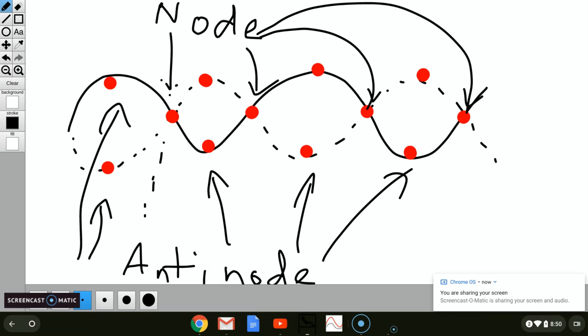And once you see them start to get reflected back, you'll see the standing wave pattern form, and then the antinodes and nodes will become very clear. You can change the number of nodes and antinodes by changing the frequency that you oscillate or send waves down. So if you do long wavelengths